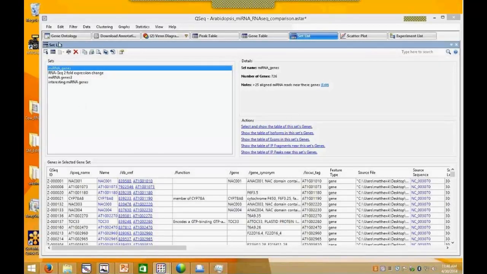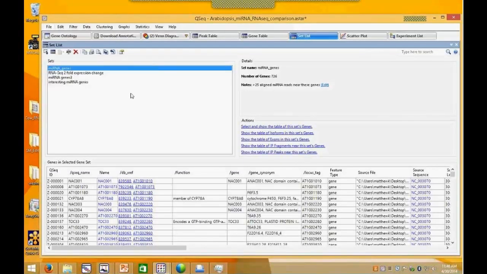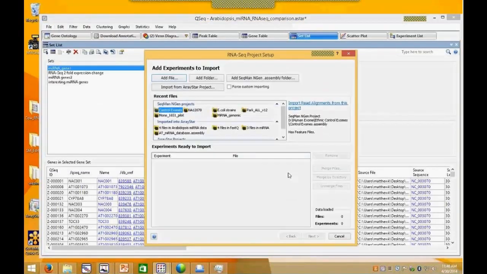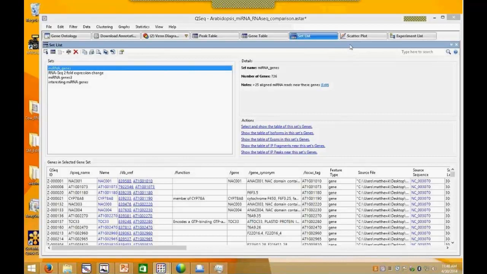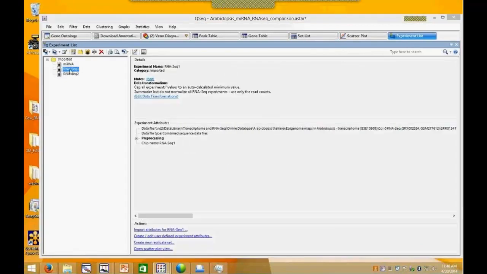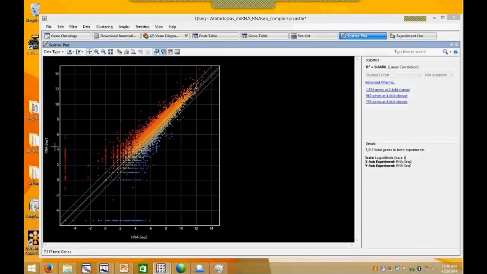Now if I want to bring in RNA-Seq data, I can do File, Import Experiments, RNA-Seq. The same interface is going to come up. I'm going to add my FASTQ files for my RNA-Seq data and my genome and say go, and I will get an RNA-Seq data set. So if I go to RNA-Seq now, I can look at things like a scatter plot, for instance. So in this example, I had 2 RNA-Seq sets, 1 and 2, and these are, again,